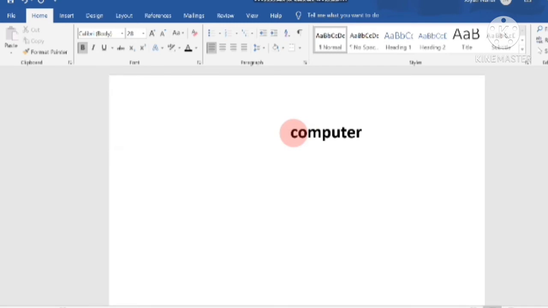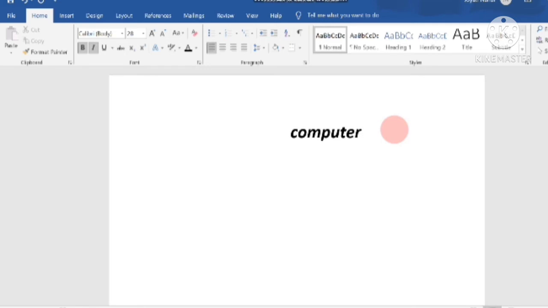So say I want to give some effect here. For example, italic, I gave the text as italic. Okay, so undo is used to reverse the last command. Whatever you have done, you can reverse it, means go back to your original command. Okay, it is used to reverse the last command.